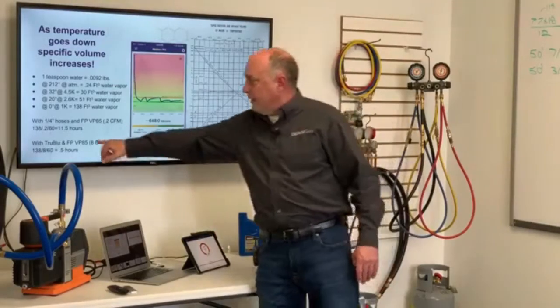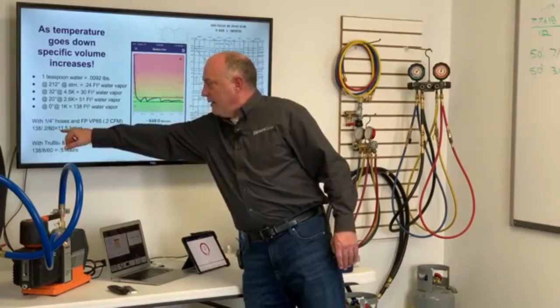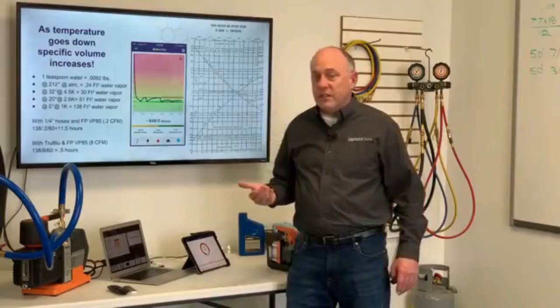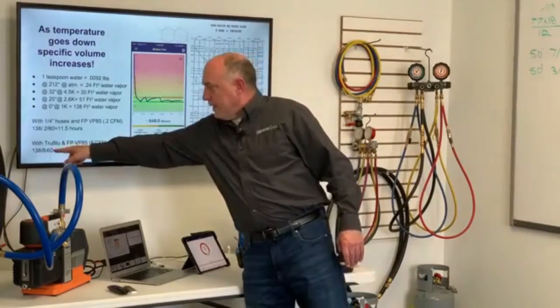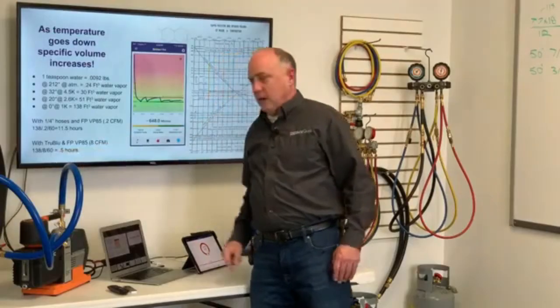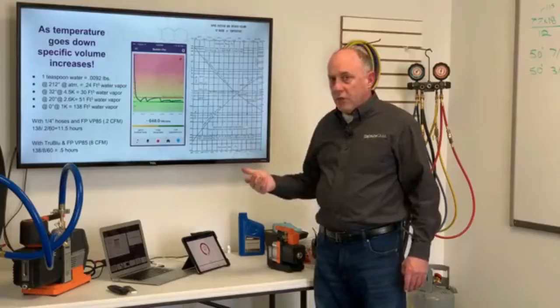And here's the math right here. It's simply 138 cubic feet divided by 0.2 divided by 60. The 60 is to just convert the CFM, cubic feet per minute, to hours. 138 divided by 8 divided by 60, half an hour. So you can see again, when we get that moisture in there, having the larger hoses is also going to